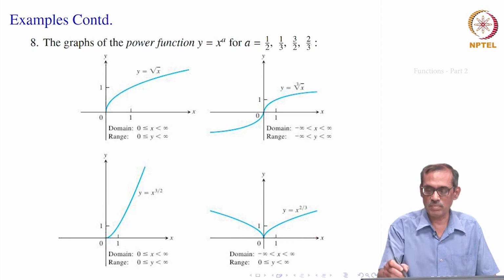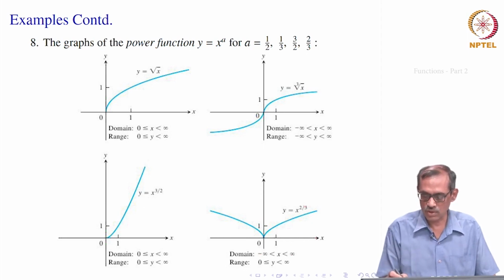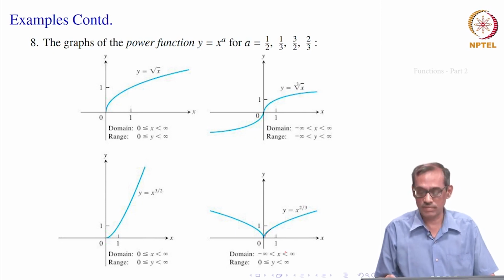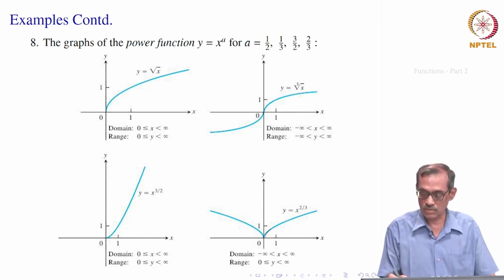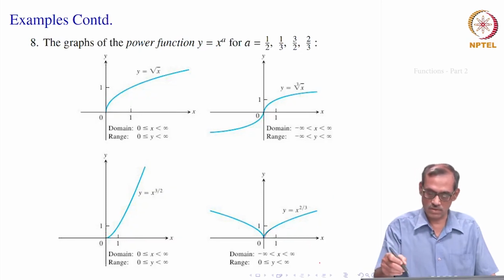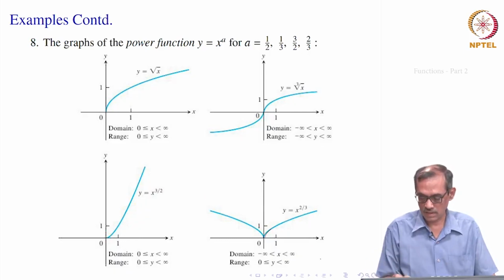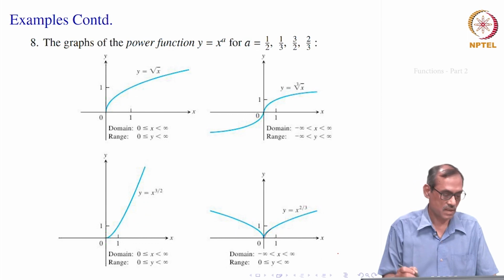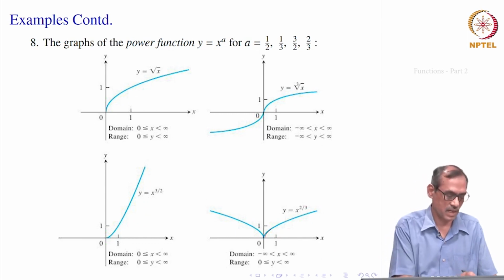Now, come to x to the power 2 by 3, it is cube root of x squared. So, it would come this way, meet at 0 and again going this way. So, again its domain is the whole of real numbers, because cube root is defined for everything, and the range is of course 0 is included, and it lies above the x axis, all positive real numbers including 0, all non-negative real numbers.